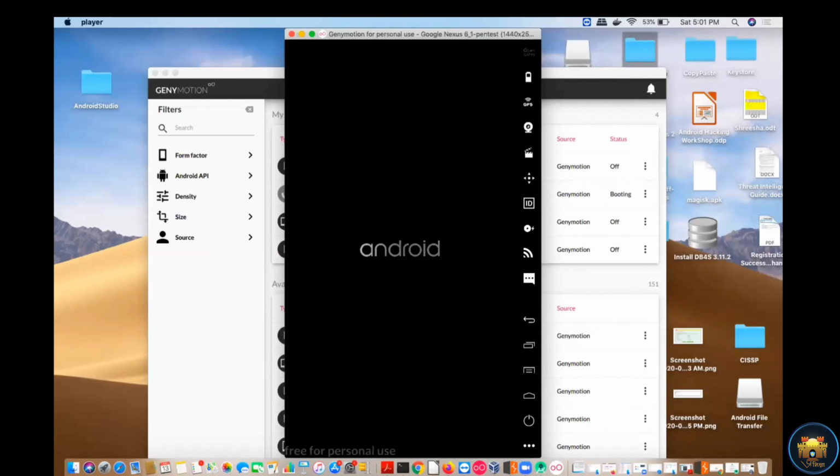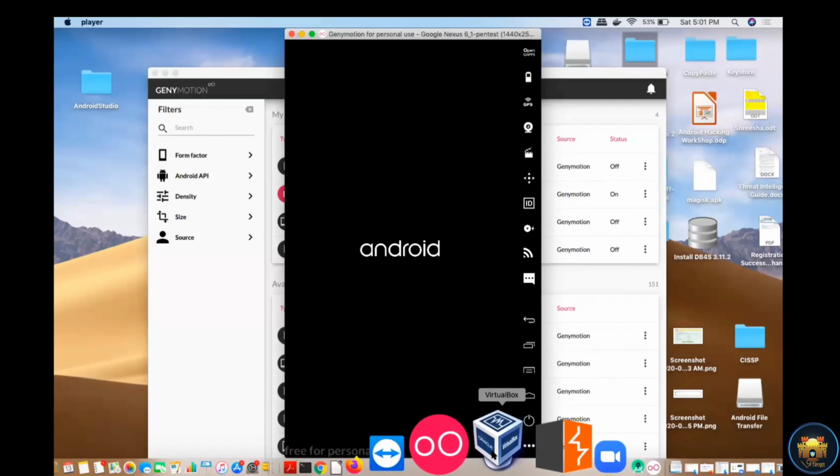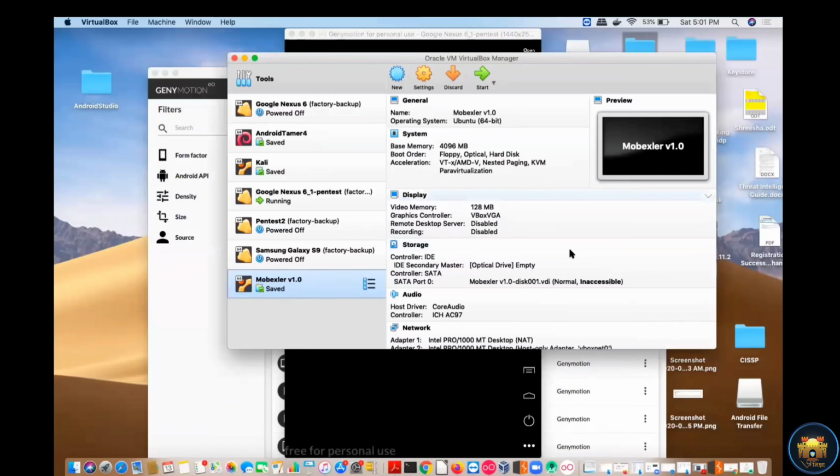It looks the same as what you are using. It looks the same as a physical device. One more thing I would like to highlight here. Once it boots up, we will start from there only. I already explained all the tools which can be used for setting up the penetration testing lab for Android applications.